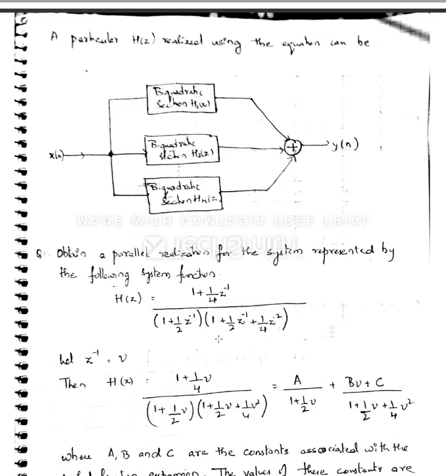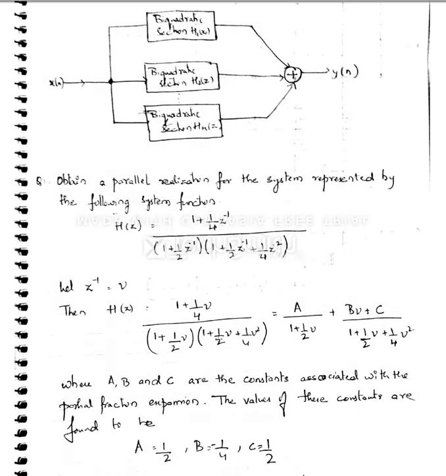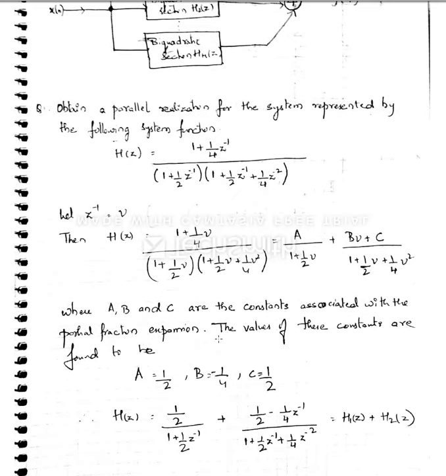Now, in order to split or combine the equations that we have, we make use of partial fractions here, so you have to be careful. In parallel realization, we make use of partial fractions to find the poles and the zeros. So we'll see one problem: 1 plus 1 by 4 z inverse, this is what is being given.